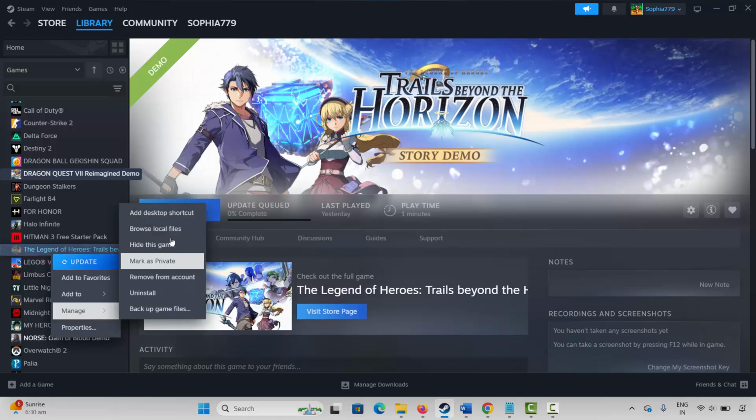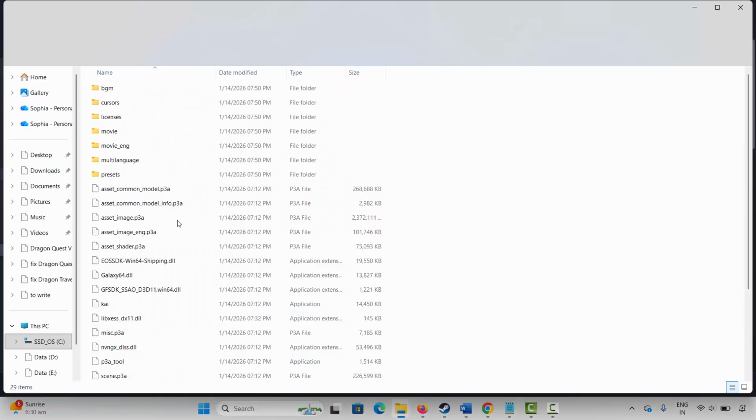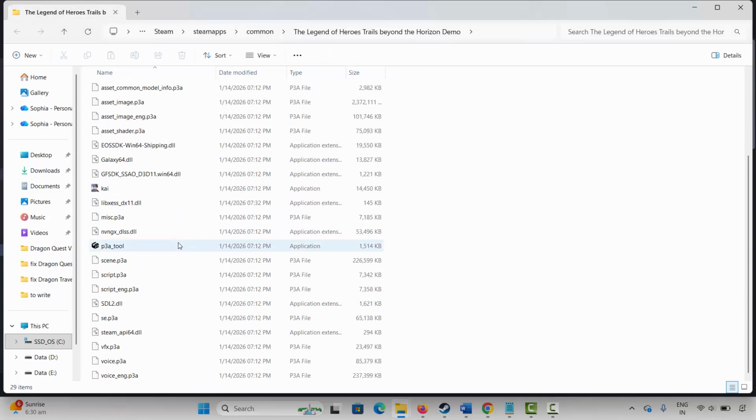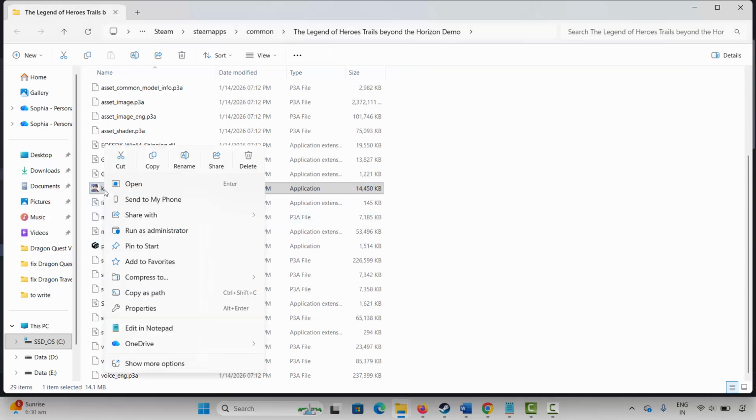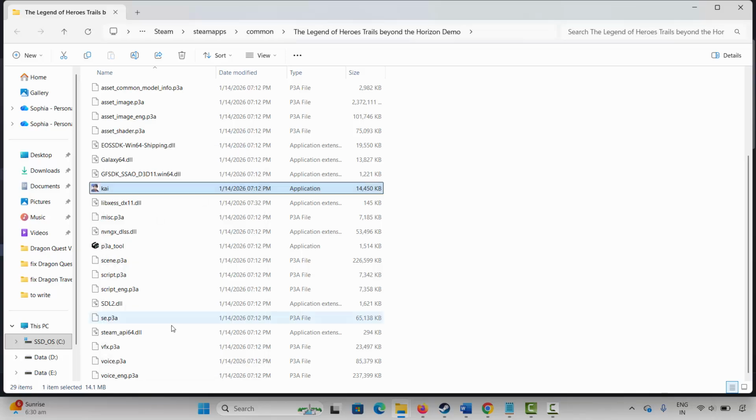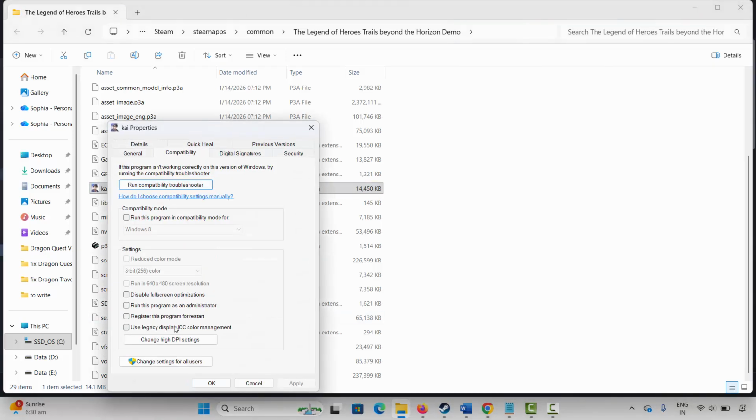If not, next method is to run game as administrator. So for that go to Steam, under library section, select your game, right click on it, click on manage, now click on browse local files. So this will take you to the game folder where your game has been installed. Here is the game application, right click on it, click on properties, now click on compatibility and here you have to select run this program as an administrator, click on apply and OK and then launch the game and check